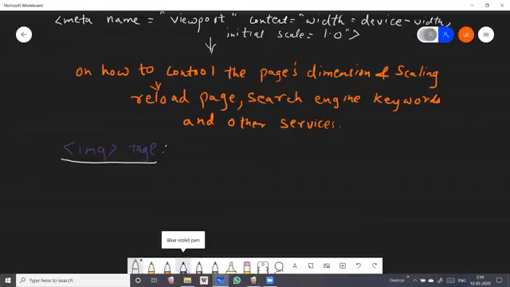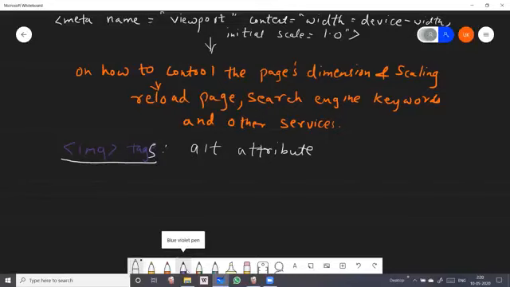Okay, students, for what purpose do we use image tags? The image tag is used to give an image to your page. You can insert an image in your page. Okay, and as I have said, we are going to use the image tag with the alt attribute. Now what is the alt attribute, students? The alt attribute specifies an alternate text for an image.